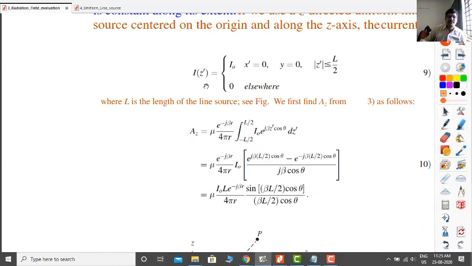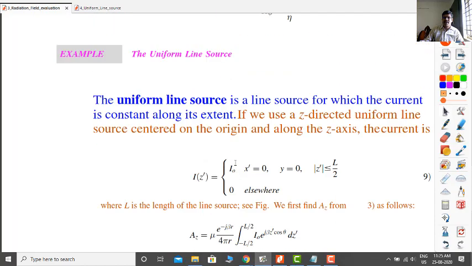your I of Z prime equals I0, that is uniform current which flows everywhere along the source length. And the coordinate is x prime equals 0, y prime equals 0, and along the Z axis it extends from minus L by 2 to plus L by 2. It is represented as modulus of Z prime is less than or equal to L by 2, where L is the length of the line source. So as per this